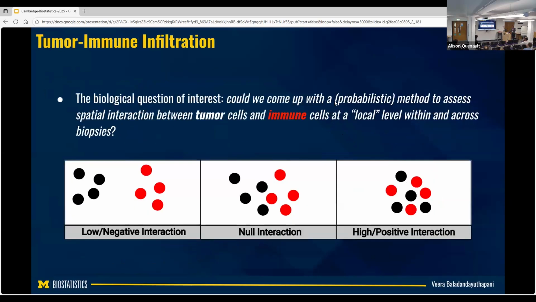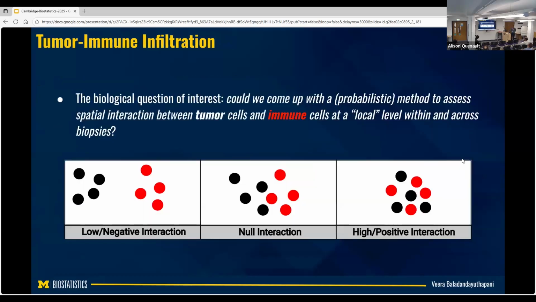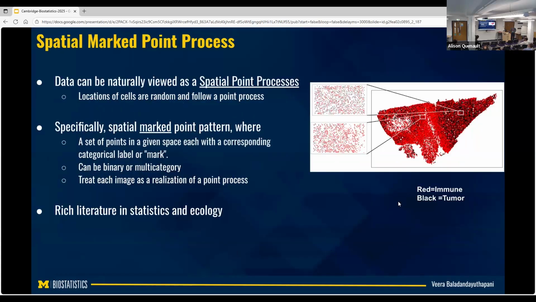And I'll tell you, when I come to the spatial multiplex imaging part of it, it's a little bit more nuanced there. That's where we have to do some uncertainty quantification. But for H&E pathology imaging, it's pretty straightforward. So, going back, we are trying to quantify interactions this way, and